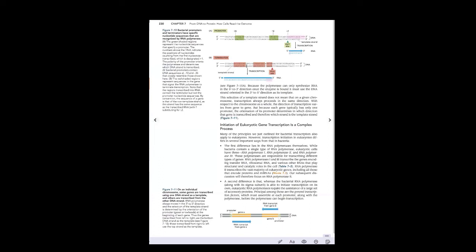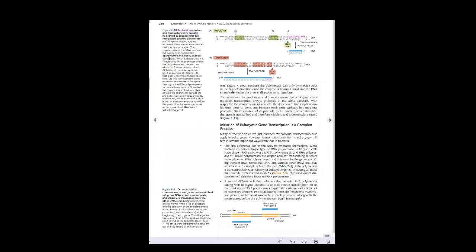Now, what are all these boxes that are colored in here? Well, they may be important in controlling when the stop site is activated. What about these green boxes? They may be important in controlling how you start from the +1. So let's read the legend and see if that confirms our understanding that the green boxes and the brown boxes are very important. So let's go. So bacterial, oh no, now we're back to bacteria again. So eukaryotes must be different because the authors would not waste their ink telling us this is bacterial unless it was important. So bacterial promoters and terminators, these 2 regions, have specific nucleotide sequences, okay, let's highlight that word, specific,